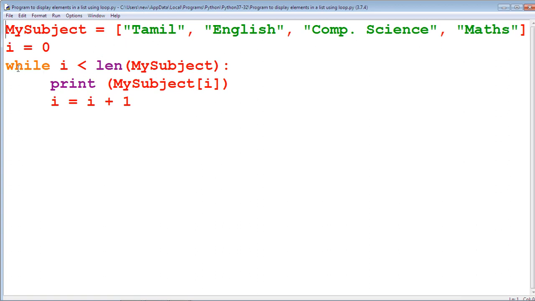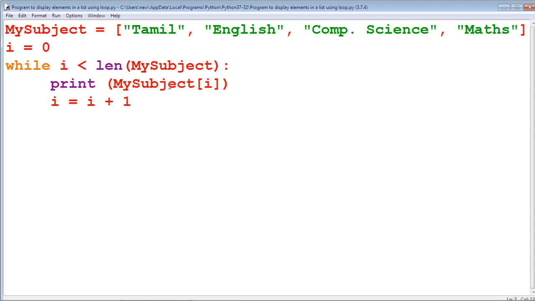This list is printed by using the while loop. The length of the list is found out by using the len function, so it becomes 4. This condition is true up to the value 3. When i becomes 4, this condition is false and the loop is terminated.